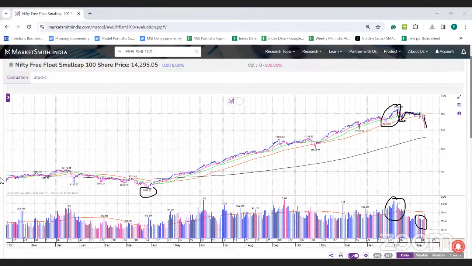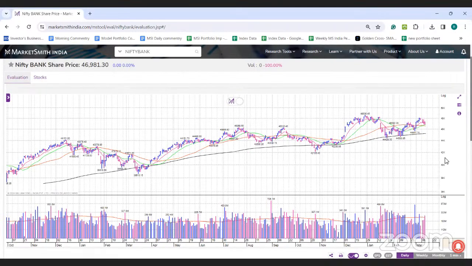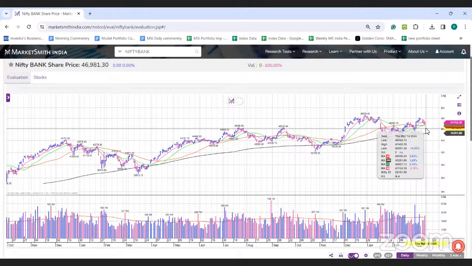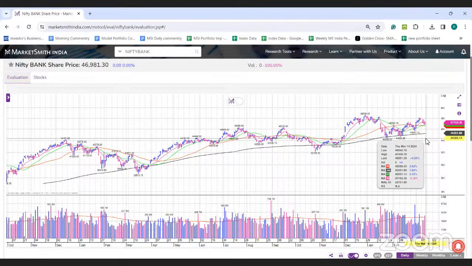ओके, सो यहाँ पे आज रिवर्सल अच्छा हुआ. The reversal was good in the broader market, but still they are trading around 12-15% below, especially the mid cap index, below its recent high, and one needs to be very careful about this. If you look at the key sectors, the Nifty Bank, it has good support around its 21 DMA, but I think today the 21 DMA got breached. The next level of support is 50 DMA, and Bank Nifty is trying to hold that support at its 50 DMA. So it is almost